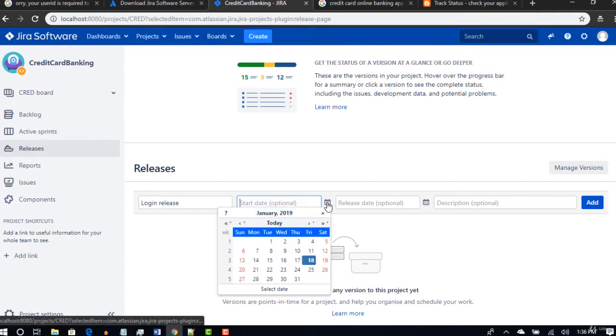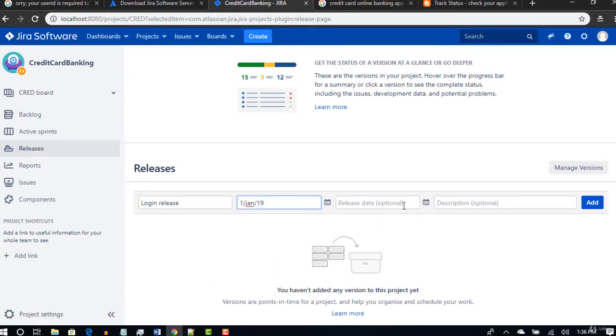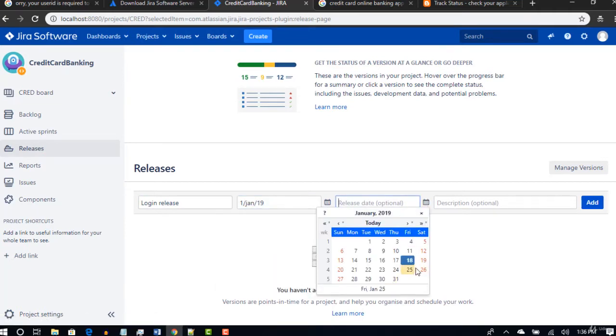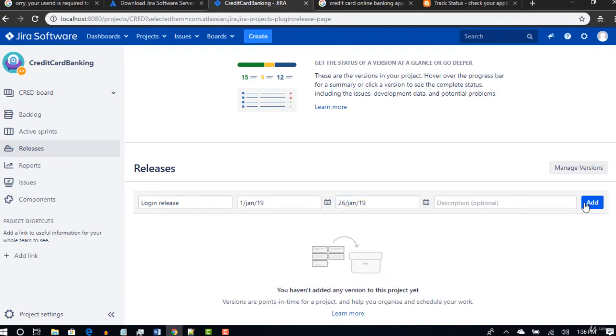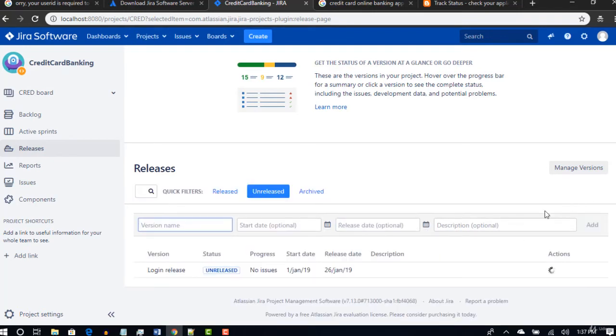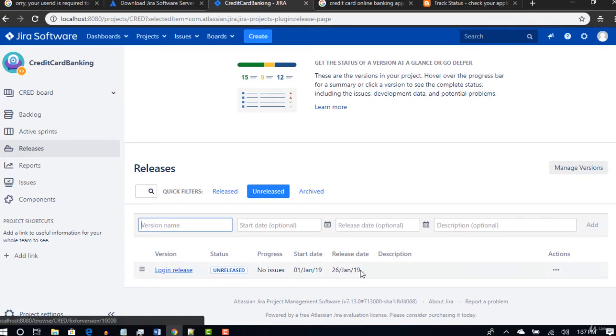Start date, you started working on January 1st and you are going to release it on January 26th. Click on add, so that one release version will be created for you, and you can tie your stories to that release version, and clearly tell that this user story has to be released into production by this specific date.